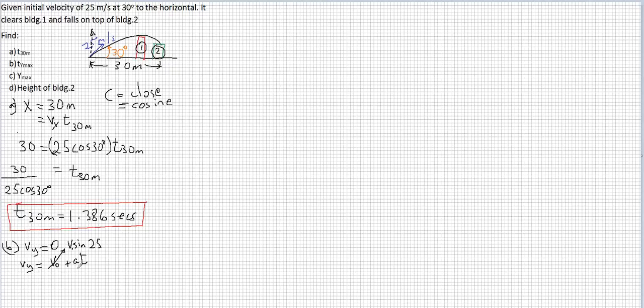So the equation becomes, 0 is equal to 25 sine 30 degrees, excuse me, this should be 30. Notice I put a negative here because we're going against gravity, so that's why it has to be a 9.81 and then multiplied by the Ty max. This gives me Ty max equal to